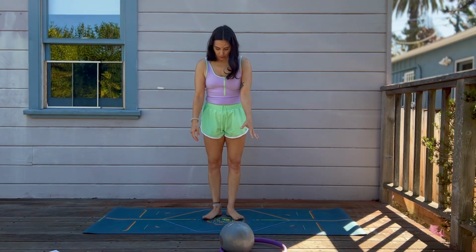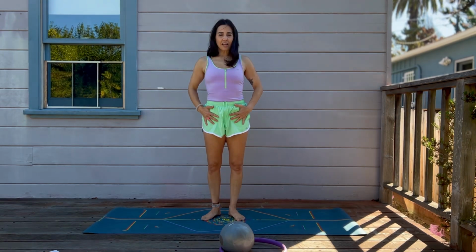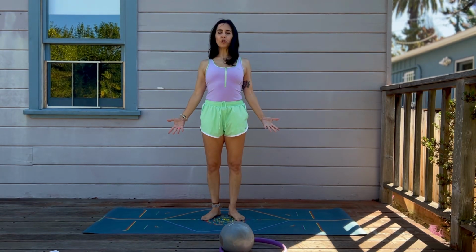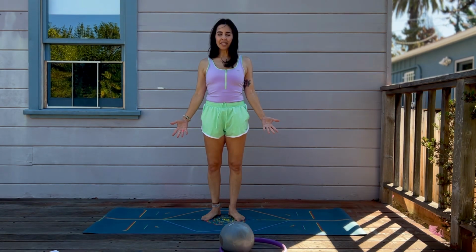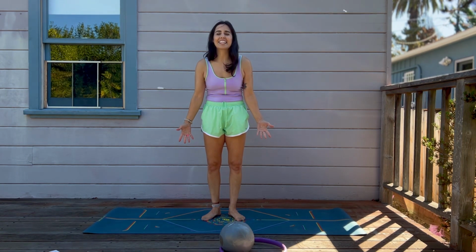Come into a gentle first position, slight turnout, tuck the hips, pull the shoulders back and down, and the palms forward as if you were surrendering to this moment. Take a deep breath in, and a big sigh out. Do that again, big breath in,